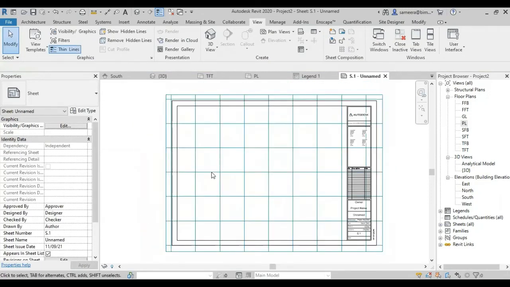Then there can be some default placed sheet views. The question can be like, move this plan view to the intersection of this grid, or something like that. So you have to move the view placed in the sheet to the corresponding intersection of the grid they mentioned in the question. And the question can be, what is the distance between this portion to this portion? So you have to do the correct procedure for getting the correct answer.